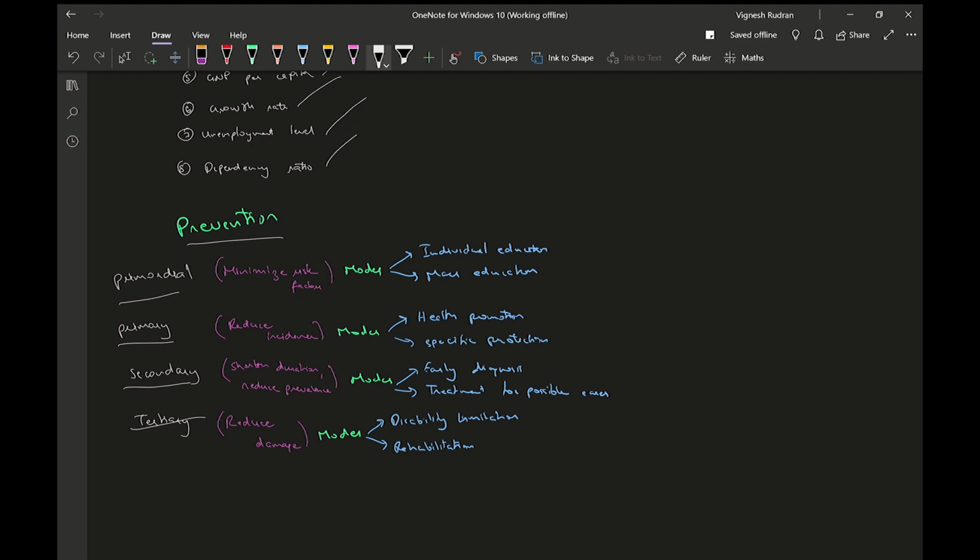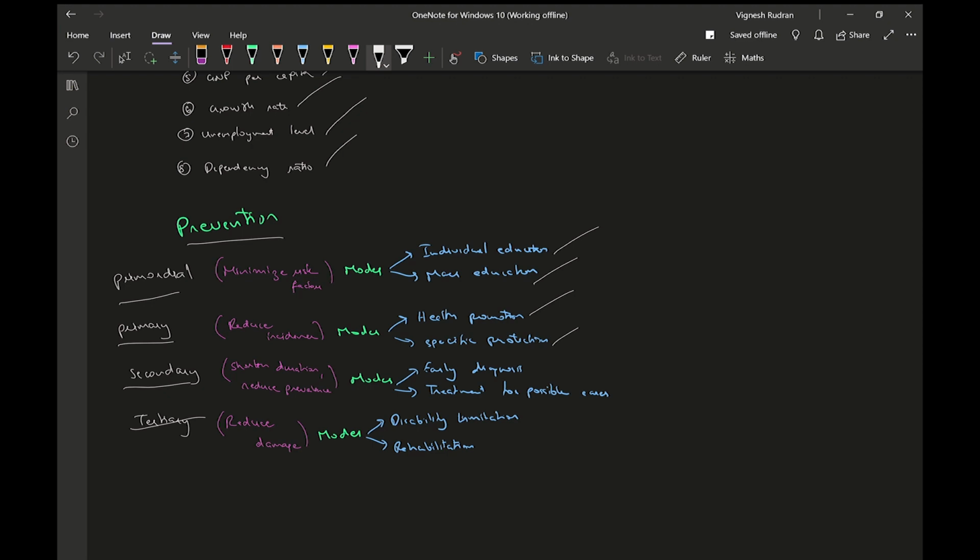And you need to know the modes of intervention in each of these. So the primordial modes of intervention will be your individual education and mass education. Your primary modes of intervention will be your health promotion and specific protection. So this is a very favorite question. What are the modes of primary intervention? So you need to talk about